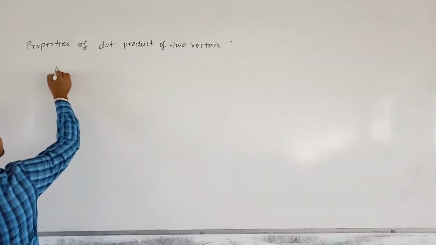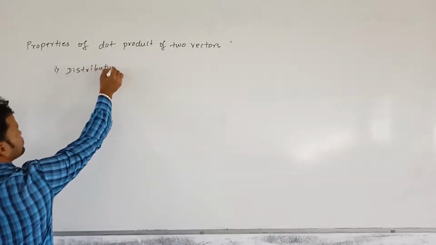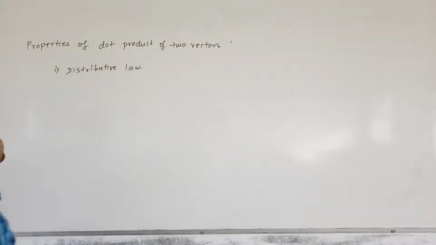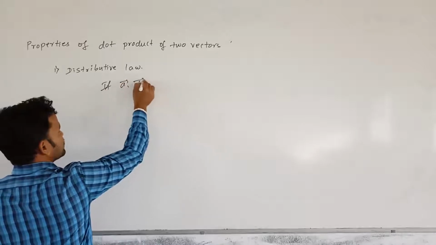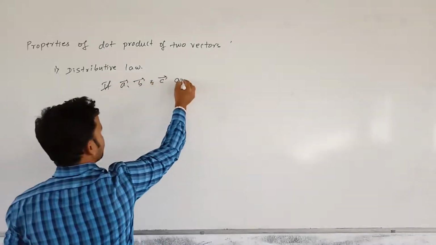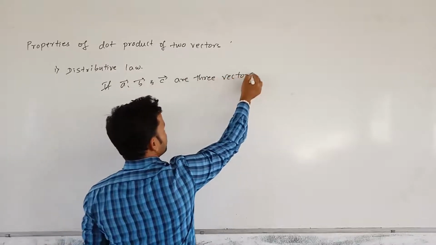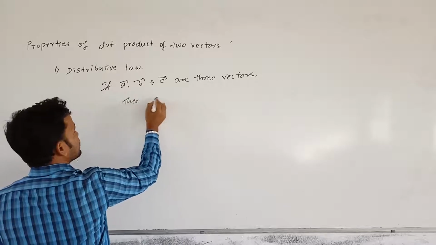First one I will say is the distributive law. There is no derivation for this, they have just mentioned it. The distributive law is, if A, B and C are three vectors, then